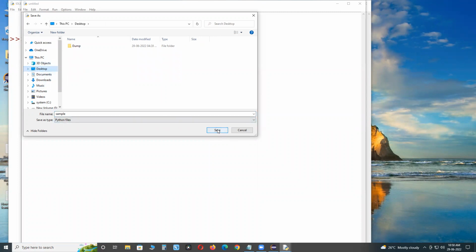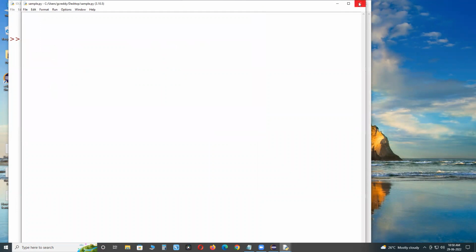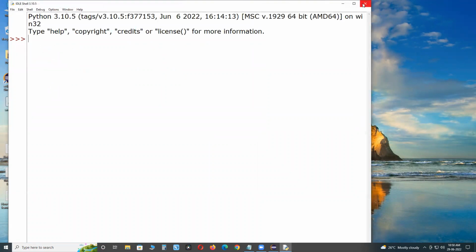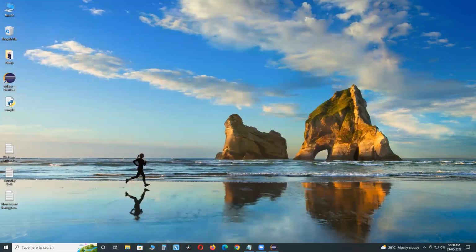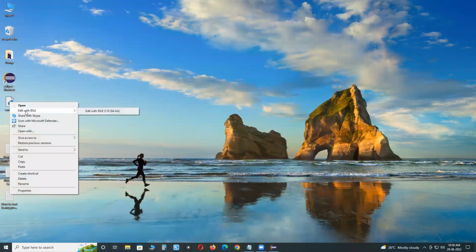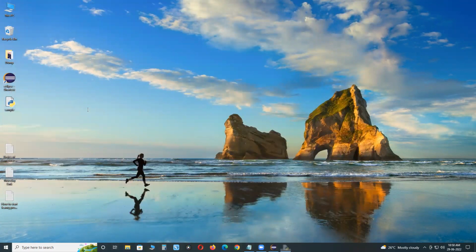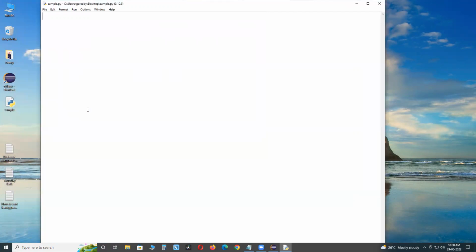See here, you open this with Edit with IDLE. In this editor, you can start writing Python programs. Very simple.